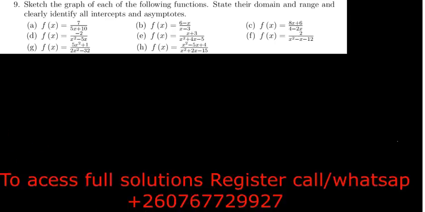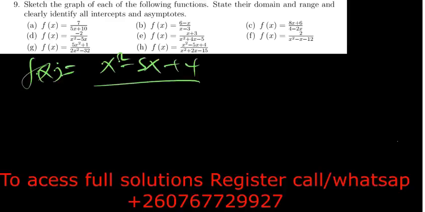The last part, we have f of x to be x squared plus 5x plus 4 over x squared plus 2x minus 15. Minus 16 is 15, not 16. So I'm going to say my x,